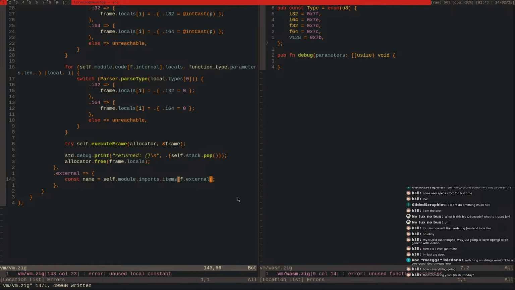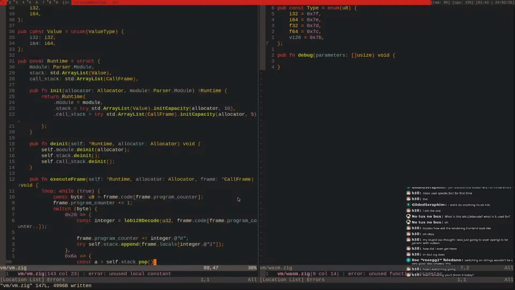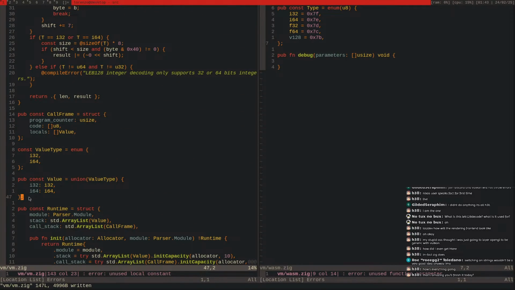Well, I will not implement all the other instructions, but yes, I will finish the running functions stuff today. So how am I going to do this? I can do something like